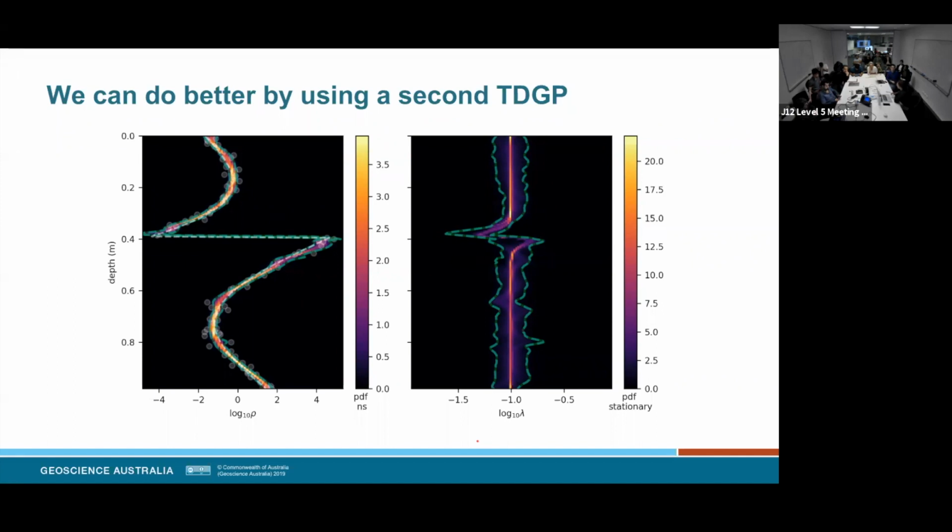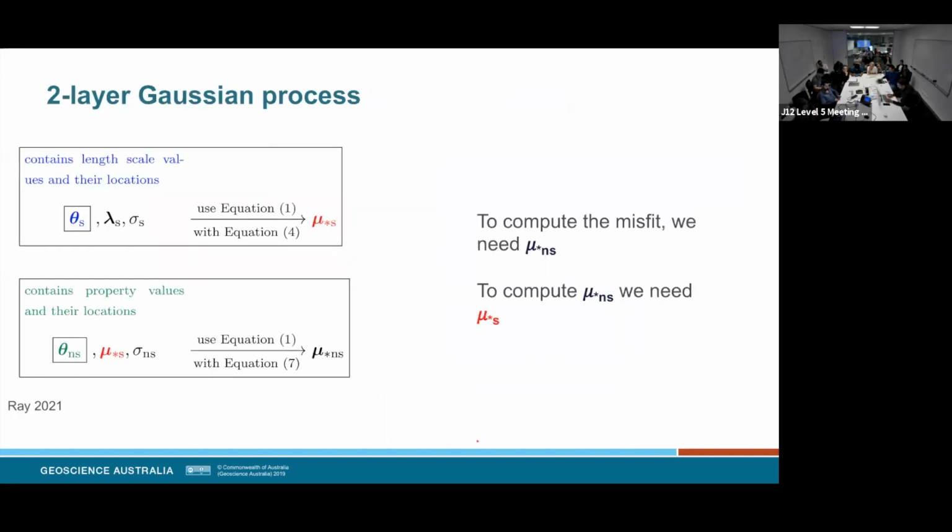That's okay. Because again, the same arguments of parsimony apply to even the length scale parameters, right? Because if I had to populate a length scale parameter vector, so over here, mu star S and mu star NS, what are we looking at?